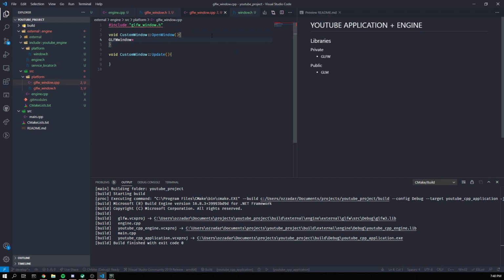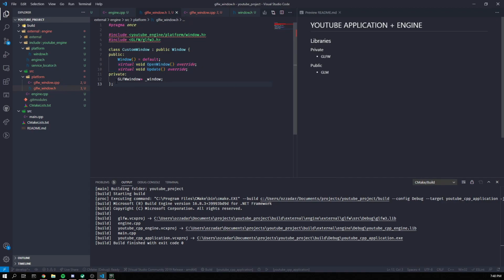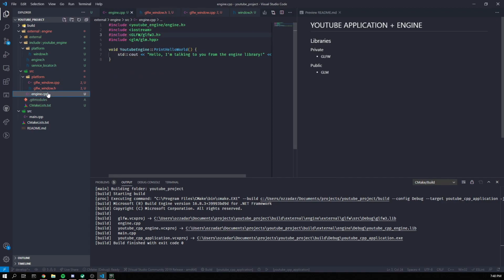or first thing is we're going to glfw init, I think is what we need to do. And then let's keep it like this for now and get all the linking working. I think we've got all the linking working now. What we're going to want to do, we're going to include